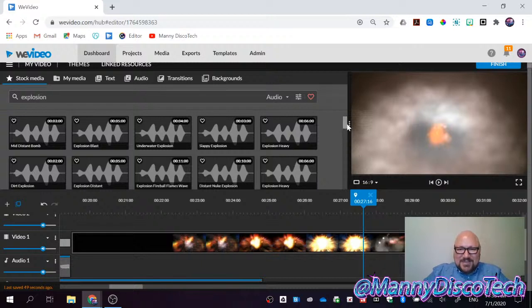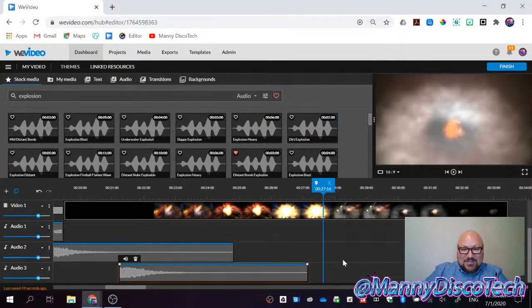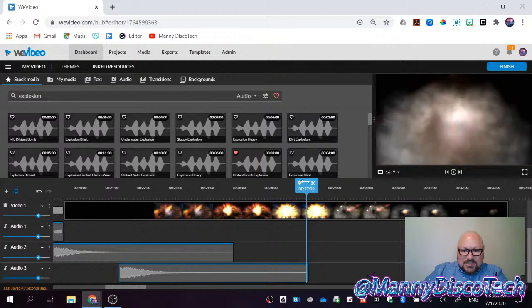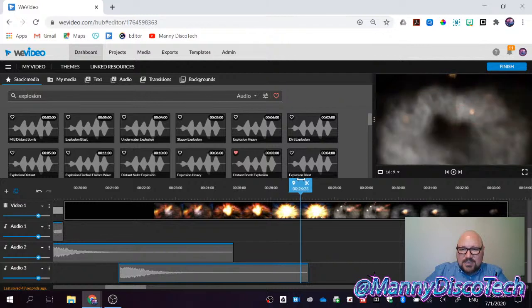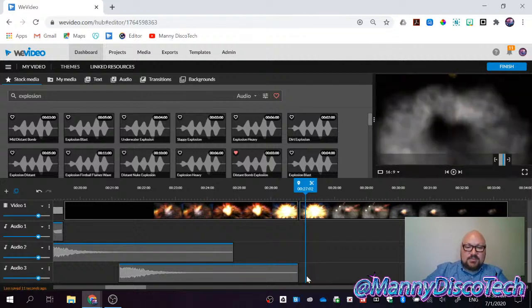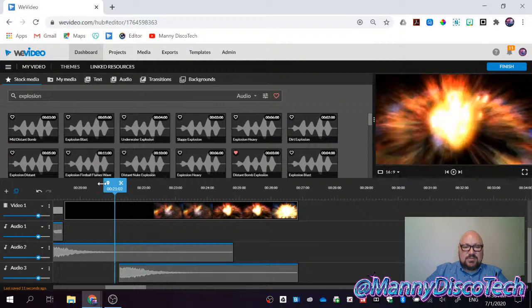So, can I make this smaller? No. Okay, I'm gonna make this smaller because I need to be able to see the layers underneath. So this explodes. I don't need the last explosion. That's okay. So I'm gonna go right here. Okay, this one is selected. If I don't select anything and I click cut, it's going to cut everything that this blue marker is touching. Okay, so I'm going to remove this and I'm going to remove that. Okay, so that's gonna be the end of my video right there. So with the 2 explosions.